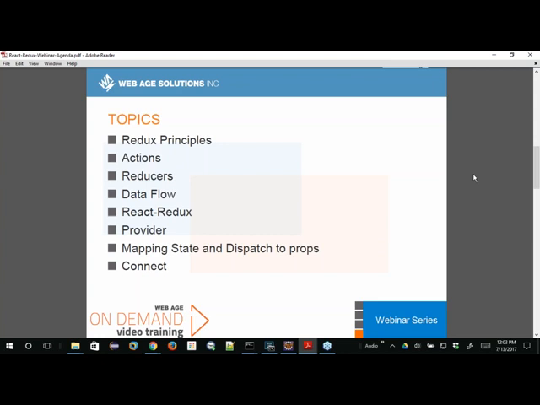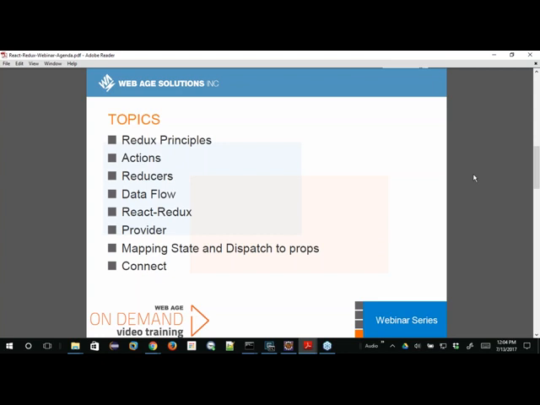So you don't just use Redux and React by including those two libraries. You need to also include the React Redux library. So we'll take a look at what that adds into the mix. And once you've added that in, there's some topics you need to cover, which is how to wrap the application or wrap your components with